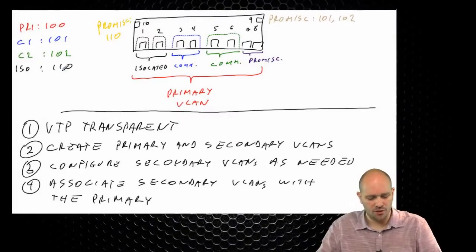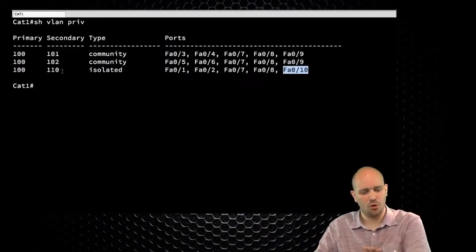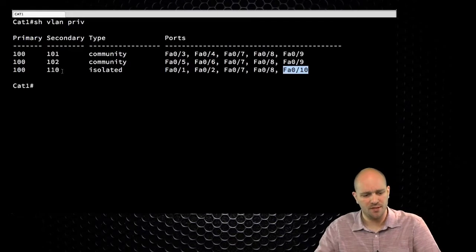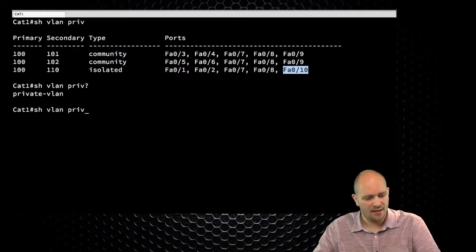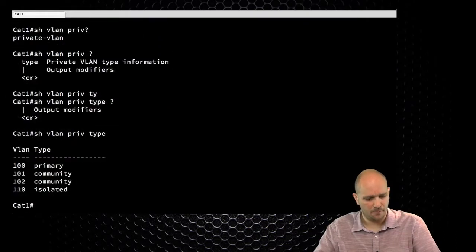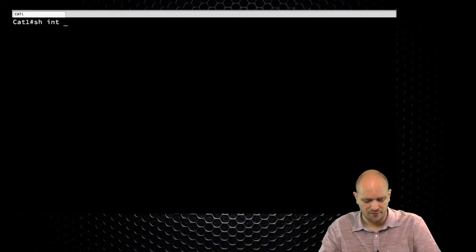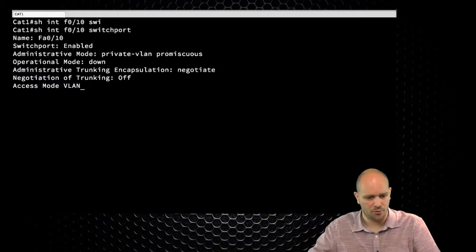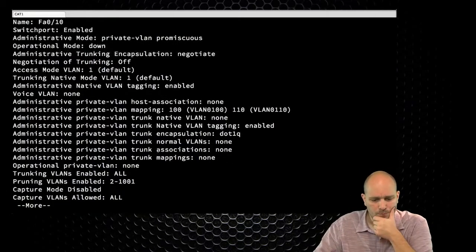The question here was, does this command show the ports that are promiscuous only for a particular VLAN? I don't believe that you have that command, but you can do show interface FastEthernet 0/10 switchport, and here it will show you.